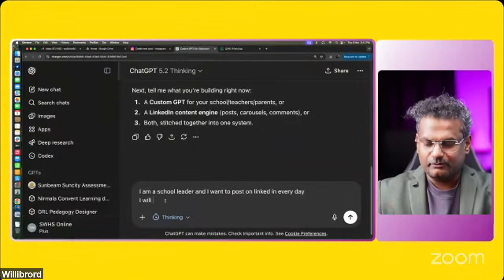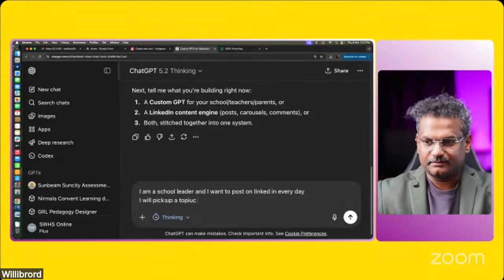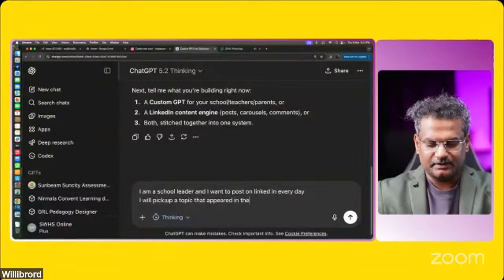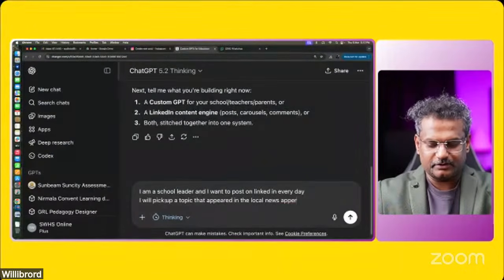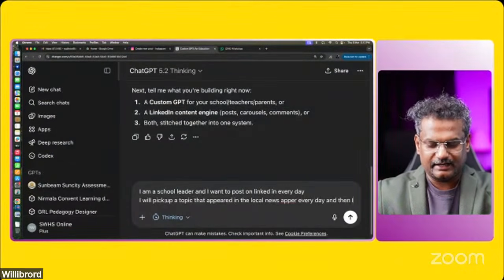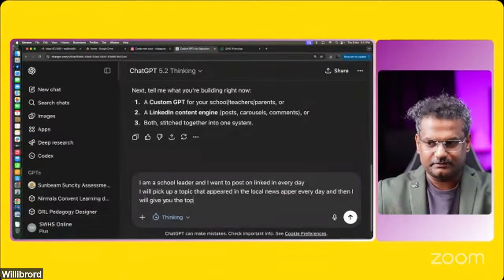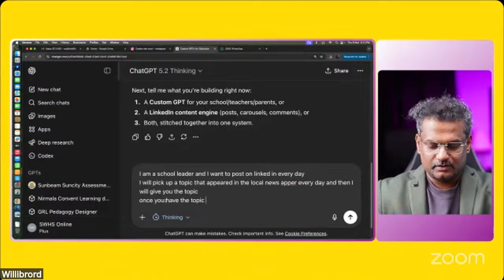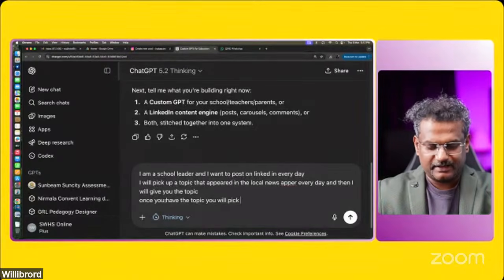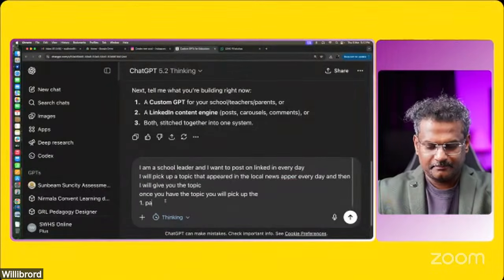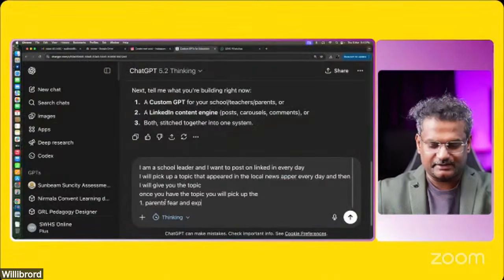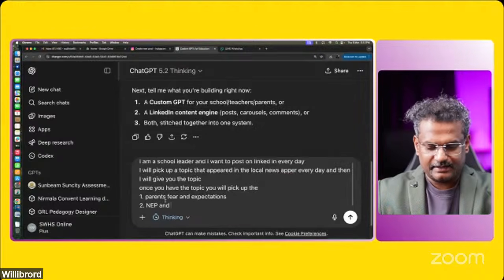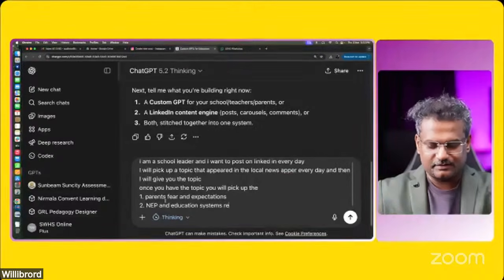Every day I will pick up a topic that appeared in the local newspaper, and then I will give you the topic. Once you have the topic, you will pick up: one, parents' fear and expectations; two, NEP and education systems reformation needed;